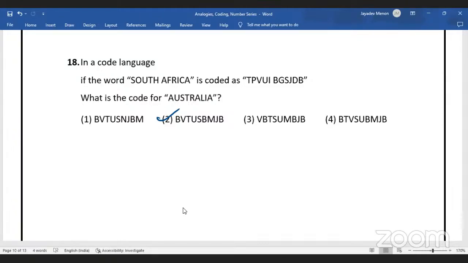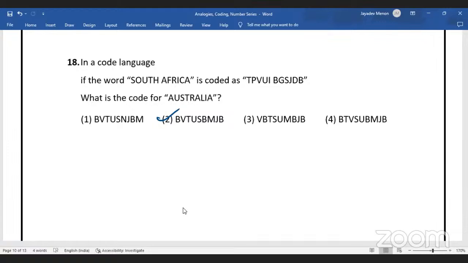Alphabetical position of S is 19. Now for T, it is 20. So 19 plus 1 is 20. Alphabetical position of O is 15. And for P, it is 16. 15 plus 1 is 16. The alphabetical position of the letters in the code is one more than the alphabetical position of the letters in the word. So in the same way, if you are looking at the code for Australia, for A, the code will